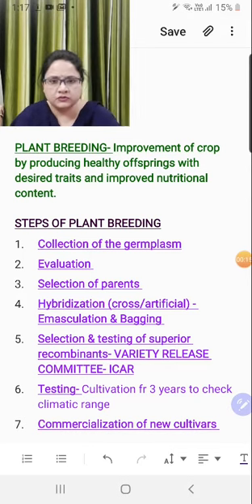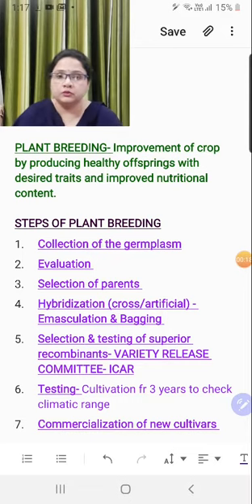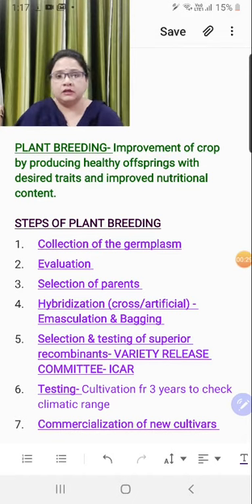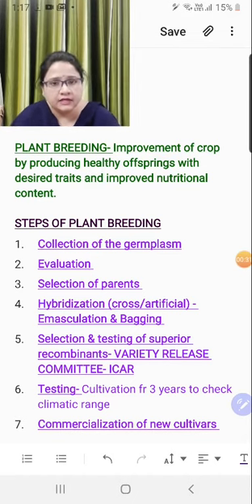So, this is the strategy which is followed for the crop improvement purpose. We are trying to improve the nutritional content, the quality, the texture, the phenotype, appearance, and all the traits which are desired by us.